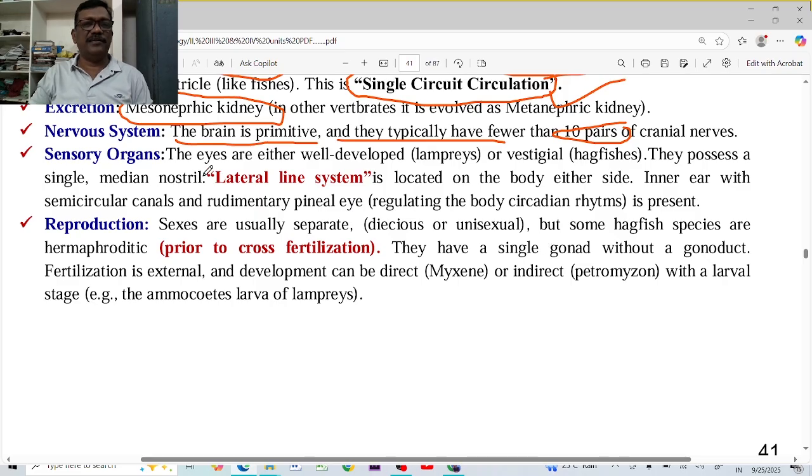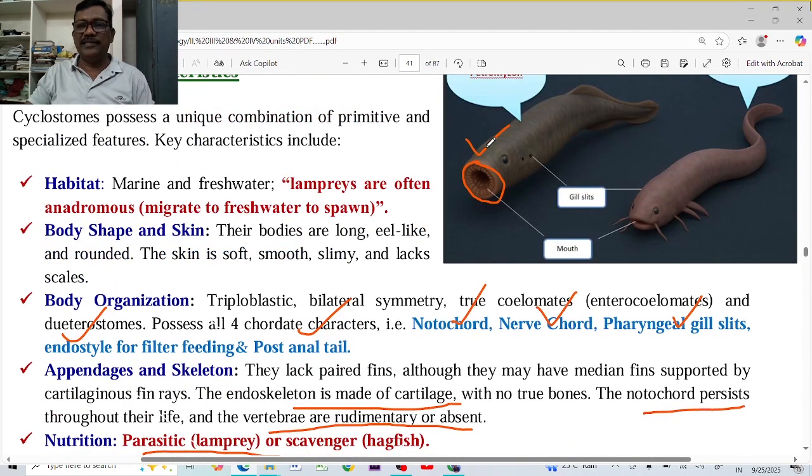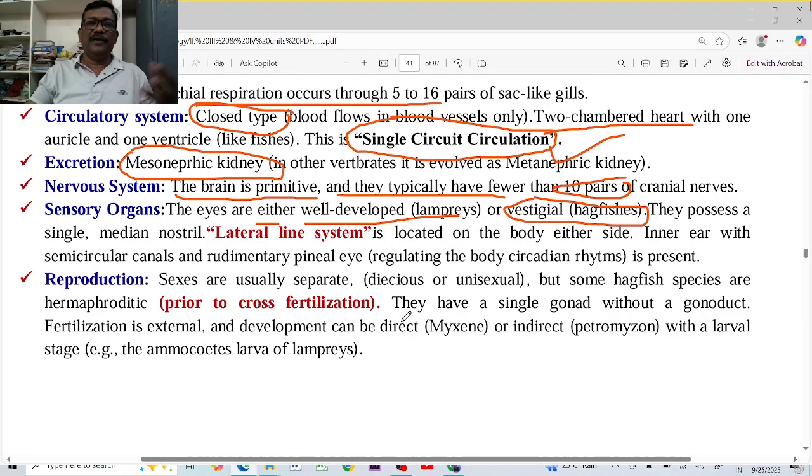The sense organs, all the sense organs, eye-like structures are developing, but in the hagfishes the eyes are vestigial, whereas in the lampreys these are well developed. Once again you can see here, these eyes are developed, but these are rudimentary. Eyes are rudimentary in these organisms because these are